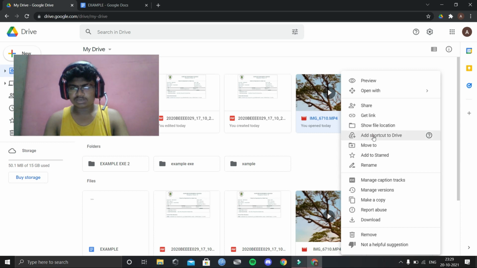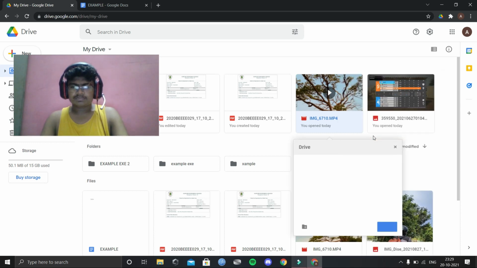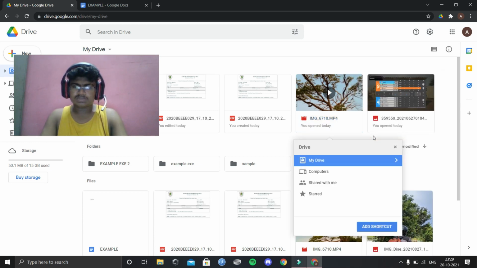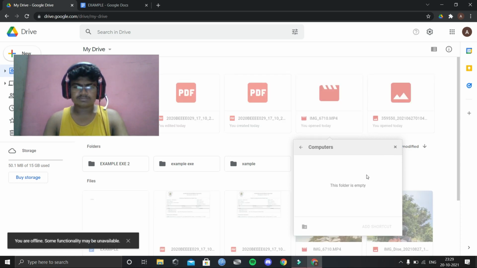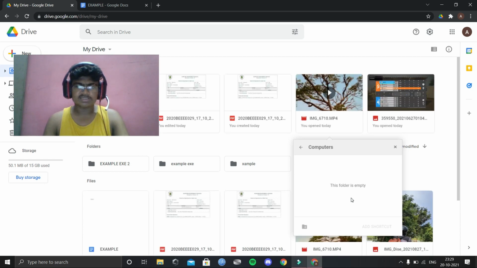I'll just report shortcut over here again, and a dialog box appears, which takes some time. I'll just click upon my computers and open it. The file is empty. New file, new folder. It just takes some time. My network is sort of glitchy,